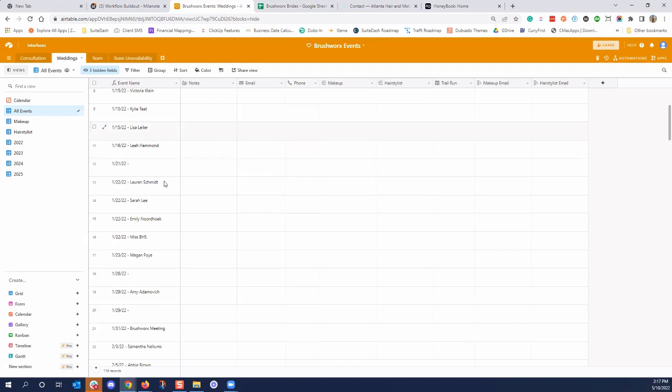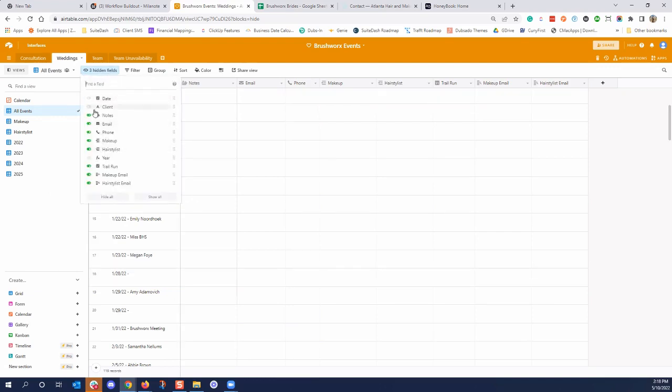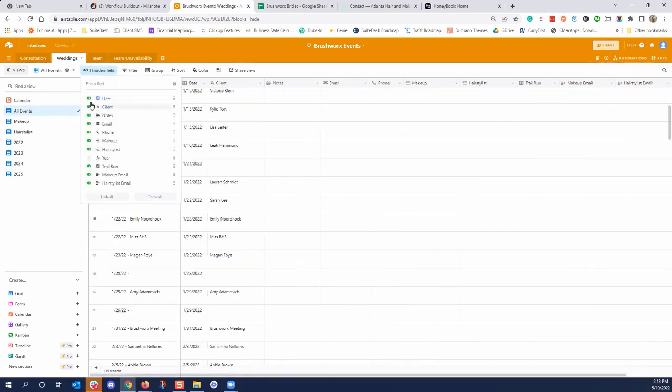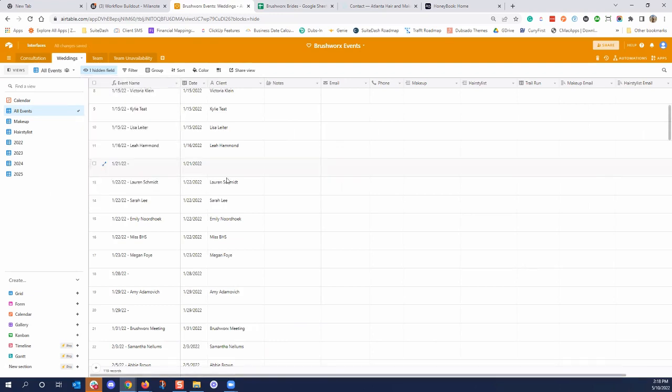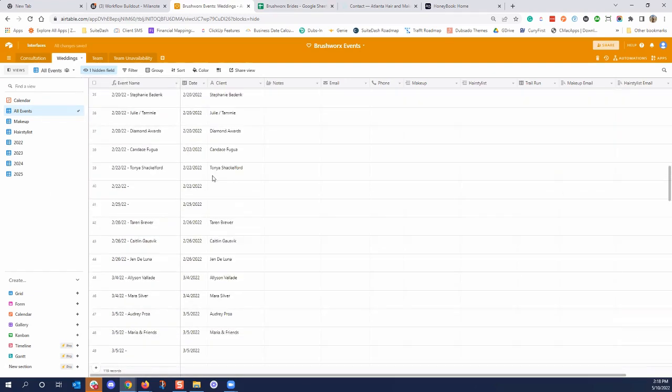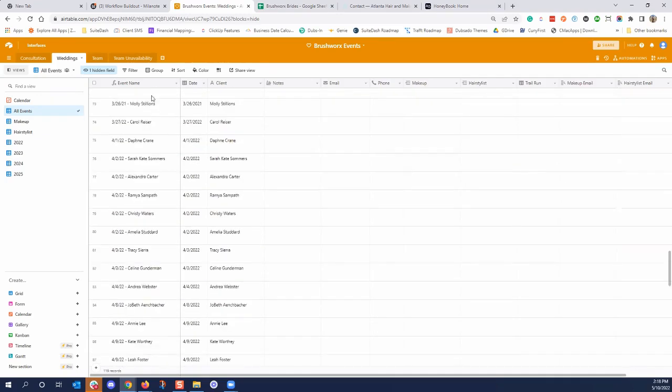But if that field is not completed or if there's no bride there, then you can't update it. You would have to unhide it. So that's why, for the sake of you adding new weddings each time, you want to be able to have this field existing, or I can change this to completely just be the dates field, and the column next to it will be the client field, and then I can have the notes field next to that. Can we have trial run and then notes? Trial run and then notes. That works great.